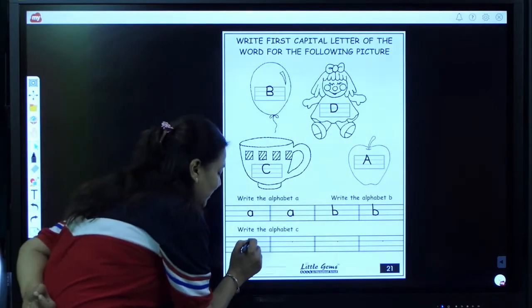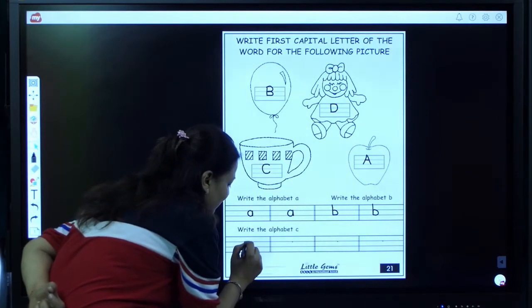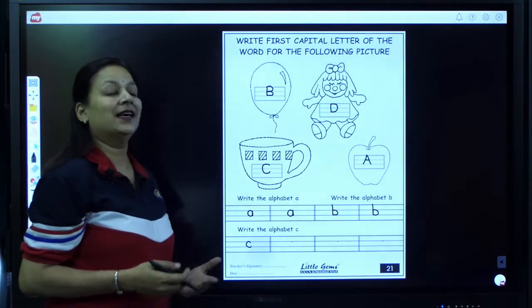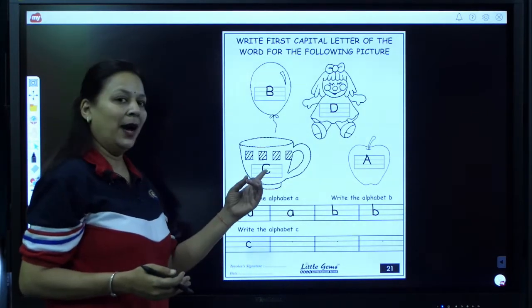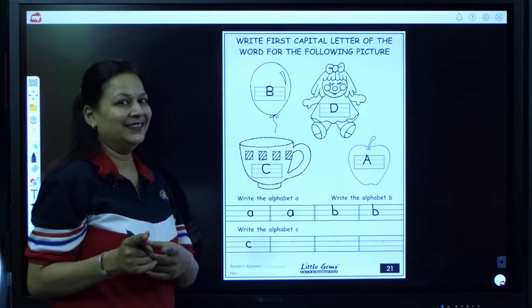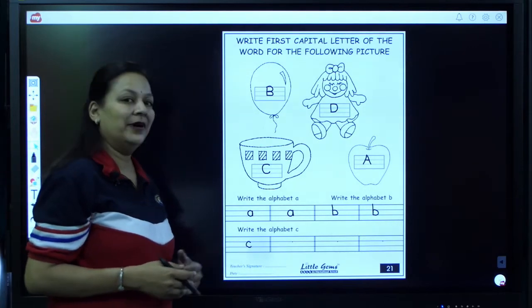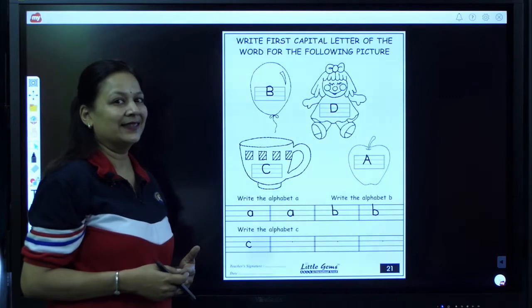Done? Now I'm going to write C. Start it from the middle line, make a curve till base line. C. C says K. C as in cup. It's your chance. Write it neatly. Be careful about the lines. Don't go beyond the lines.